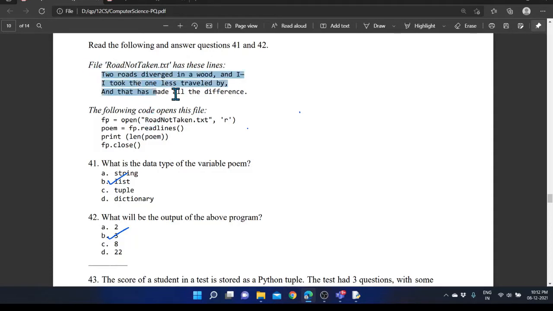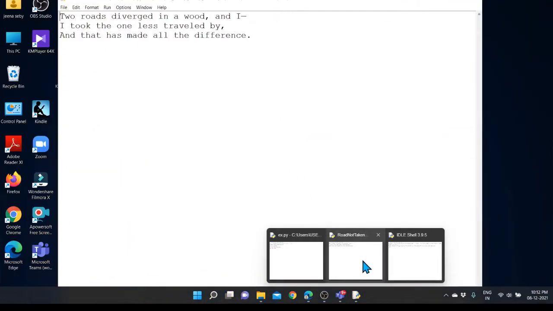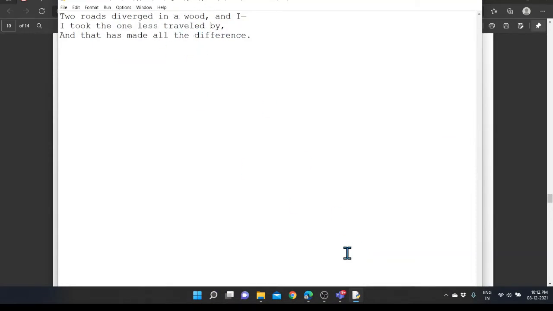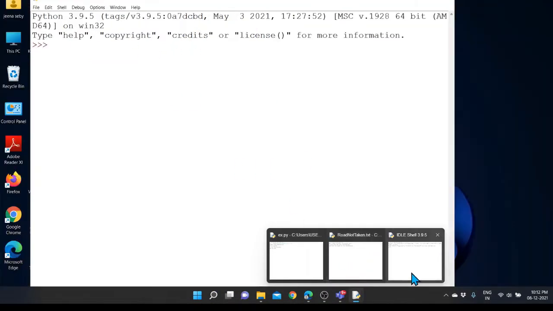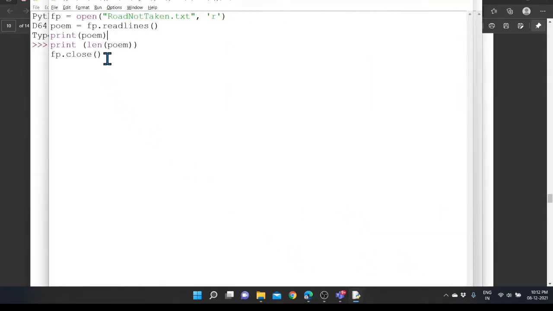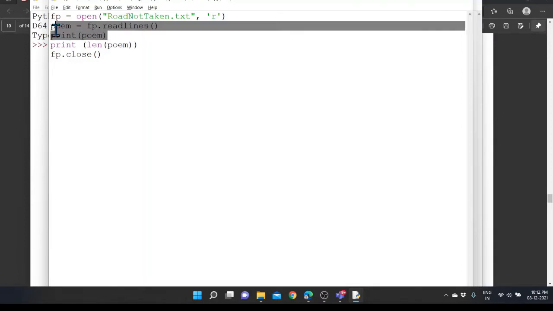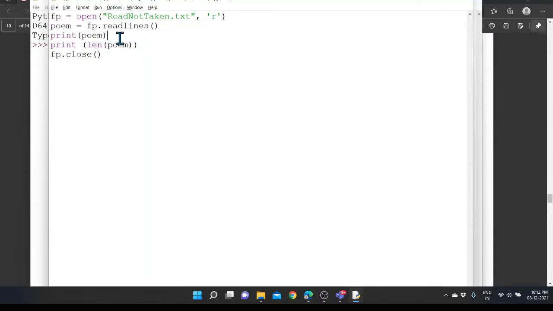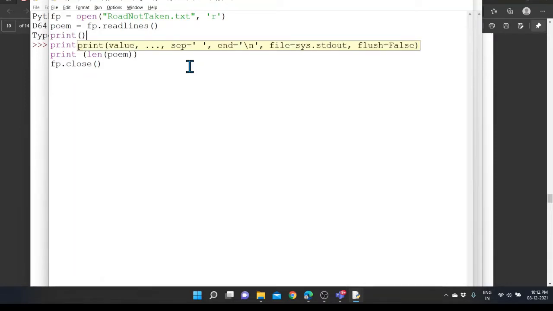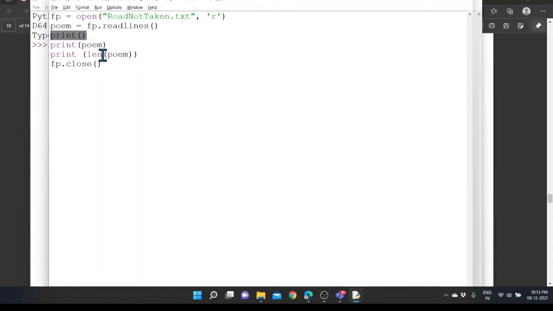This is the original text that we are planning to provide within the not taken.txt file, and this is the coding that we will provide within the script mode. I already provided the txt file like this, and within the script mode I already provided this particular coding, and I added one more statement there, print of poem, the variable that I am printing here. Here I need to add one more statement. I'm providing a blank print statement for differentiating each output,